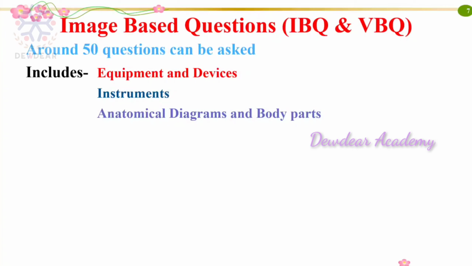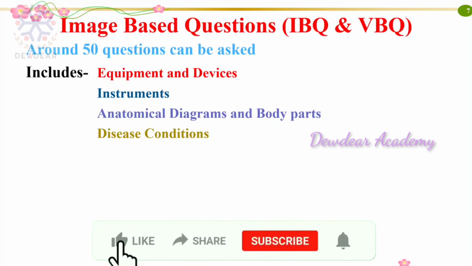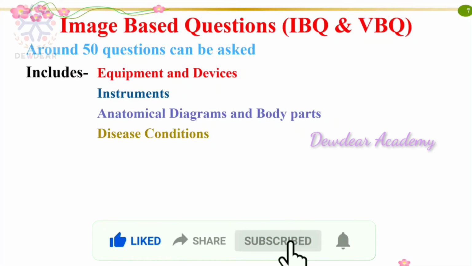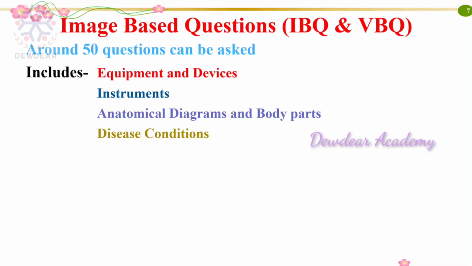Then the disease conditions, where a particular feature of a disease condition will be given, and options will be given, and you have to choose from these. Examples are carcinoma, ulcerations or abscess, infections, congenital defects, fractures, anomalies. These are all the areas coming in disease conditions. We have to include all the disease aspects, starting from the central nervous system, which different disease conditions and what peculiarities can be asked.